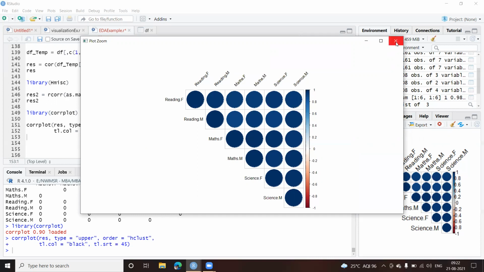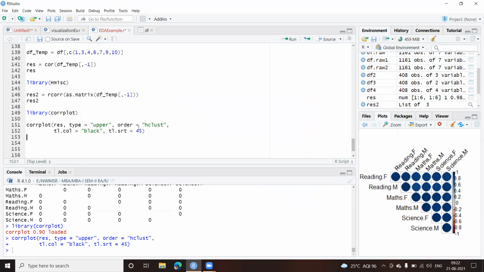Right? But because all the columns are highly correlated, it is hardly going to give me any different view. Okay, so just for an example, this is how we can create a correlation plot as well. And remember, the stronger the color or darker the color and bigger the size, the higher is the correlation. The result would be similar to the one which we got above, because all the variables are interconnected or correlated here.